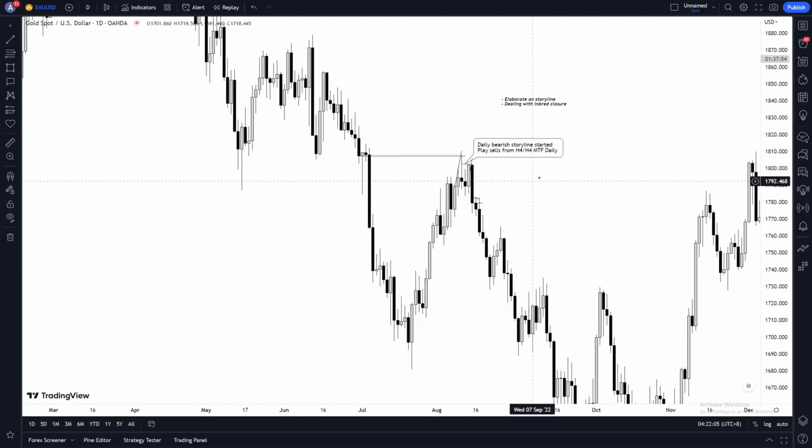Because now you have to understand, I'm paying attention to the daily bearish storyline, right? I'm paying attention to daily areas and H4 areas for obstacles. Now this is a bit subjective when it comes to me personally. By my rule set, I should be worried about H4s being the cause for concern for my daily bearish setups, correct? Because it's daily bearish storyline, H4 entries, but also H4 obstacles. Same thing with weekly. But I've noticed H4s don't really react that violently. And especially because we're coming from a monthly zone, I was like, okay, never mind. I'm just going to pay more attention to the dailies, right?